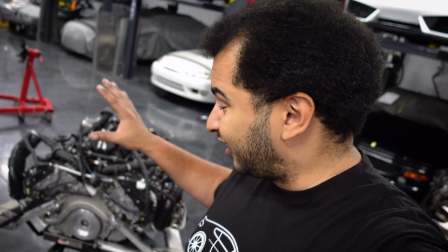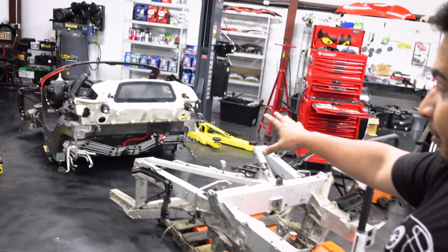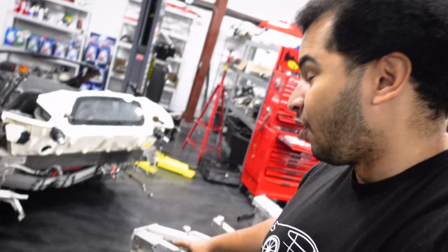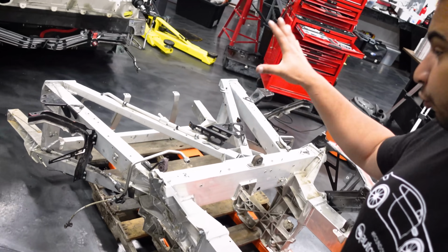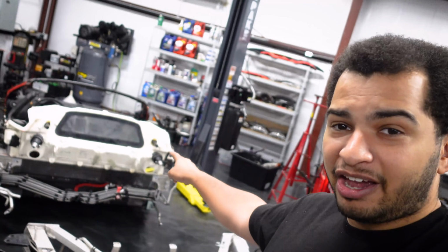Now, in the last episode on my McLaren 675LT build, we got this, the power unit, assembled. We have the transmission on there. We have everything ready to go into the car. Now, the car is looking a little bit sorry for itself over here, but it won't be for long because we're putting this refurbished subframe in, and the engine is going to go on from underneath. So right now we're installing this into there, and when I say we, I don't just mean me, I mean